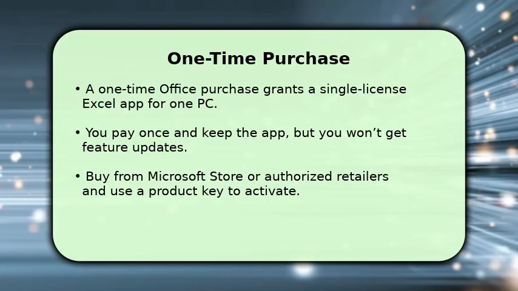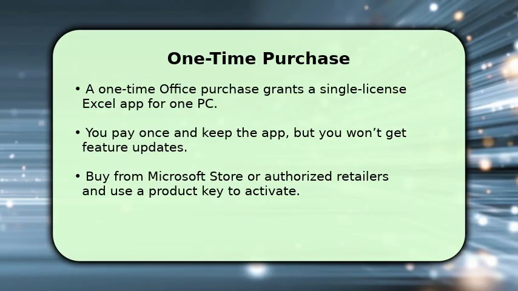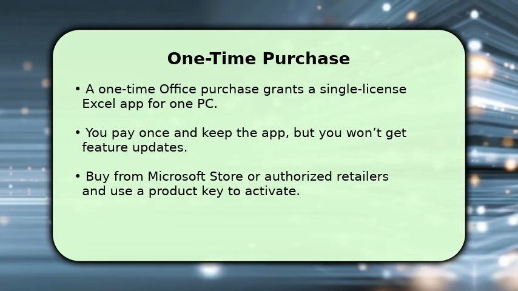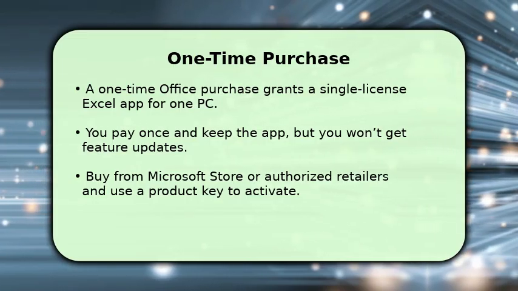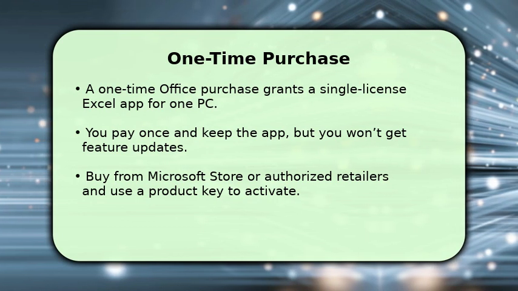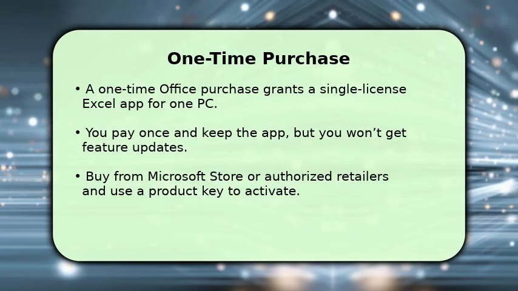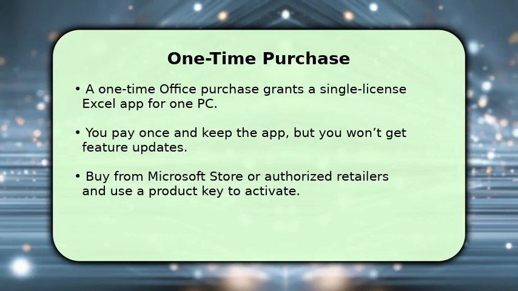If you prefer a one-time purchase, buy Office Home and Student or similar editions for a single PC license. Download the installer from your Microsoft account or use the provided media, then run the setup and enter your product key when prompted. Activation links Excel to your device without subscription billing. This approach gives you a perpetual license with security updates, but feature upgrades require a new purchase rather than automatic